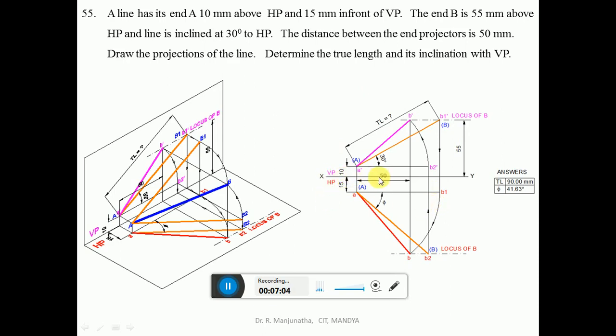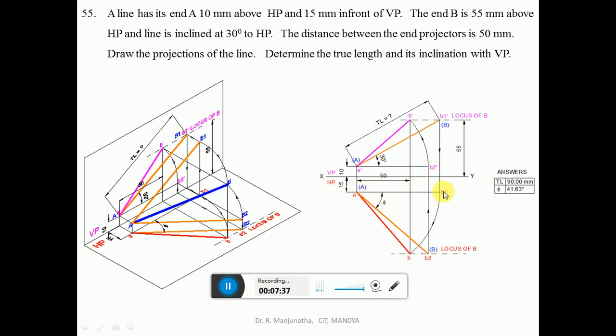So first we will draw the XY line and mark VP and HP. And first you take the distance above HP, which is 10 mm. Above the XY line you measure 10 mm using the scale and you mark the horizontal line. And similarly 15 mm in front of VP. From the XY line you measure the distance in front of VP, which is 15 mm, and it will be on the horizontal plane, since the horizontal plane is below the XY line. You measure 15 mm below the XY line